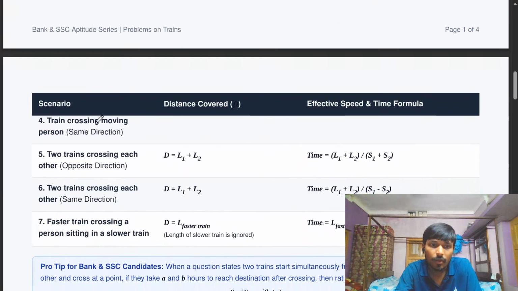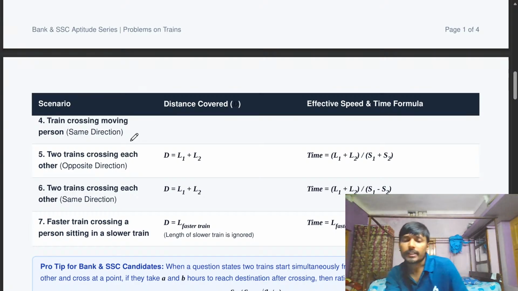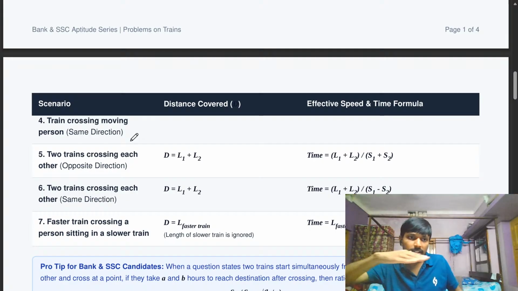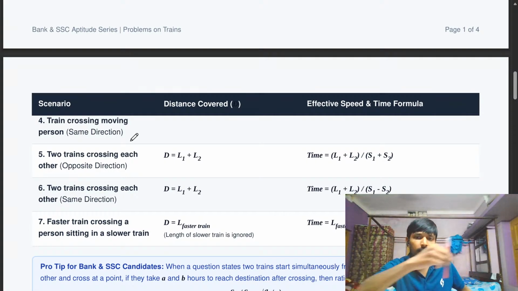And train crossing a moving person, same direction. If a train is going towards this direction, and a moving person is also going towards this direction, the same direction as the train, then